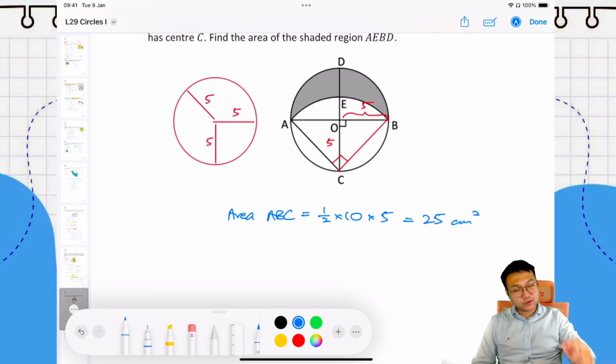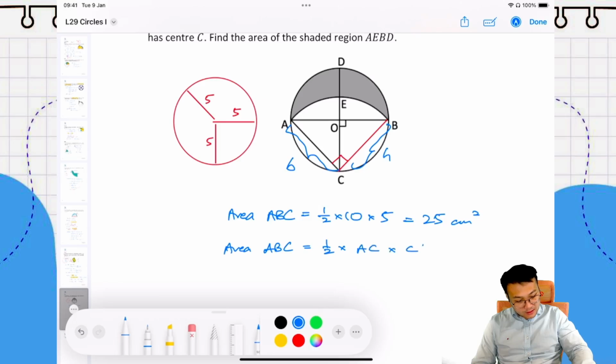there's also another way to find the area of the triangle ABC. Instead of taking the base to be 10 over here and the height to be 5, which we have just done, there's another way. We can say that this is the base and this is the height, because as long as the base and the height are 90 degrees to each other, you can find the area of the triangle, right? So we can also say that the area of the triangle ABC equals half times the base times the height,